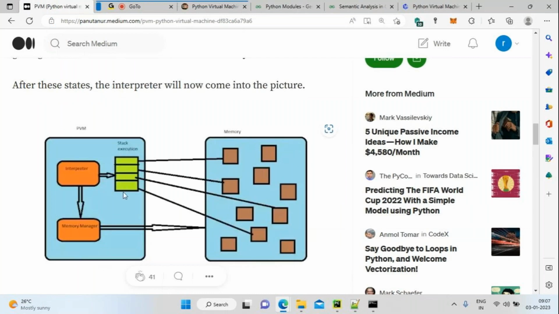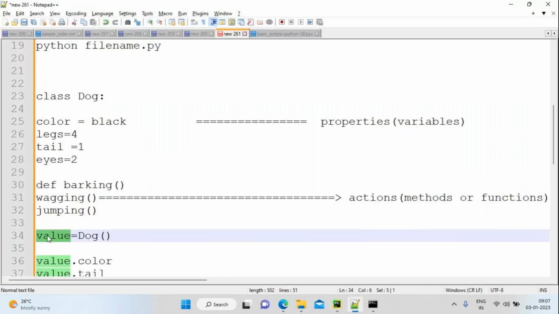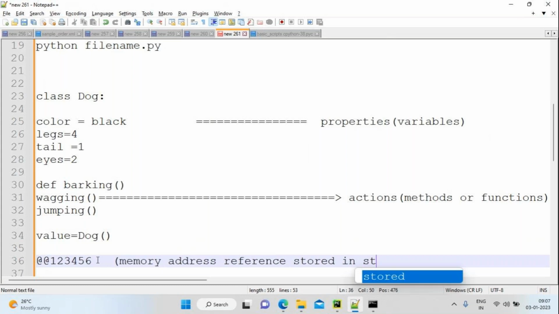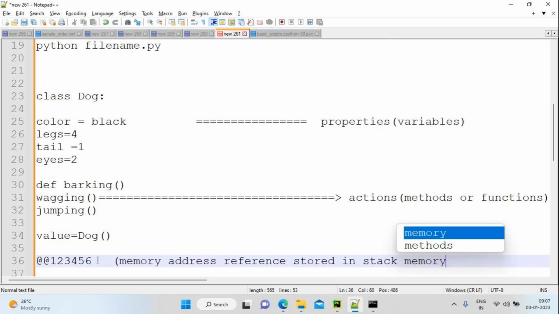Don't assume it won't store the value. For every reference, it will have some memory address, like 1, 2, 3, for this dog class. This memory address reference will be stored in stack memory.